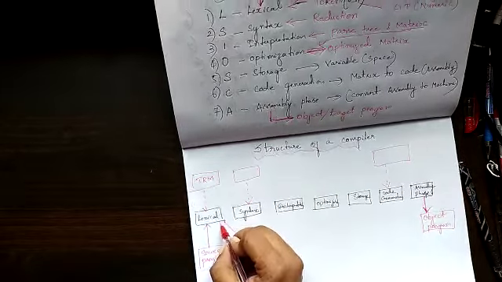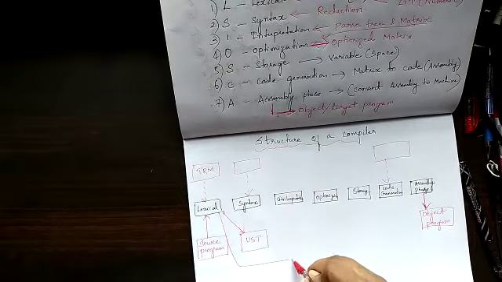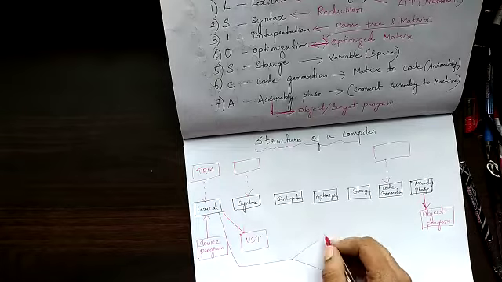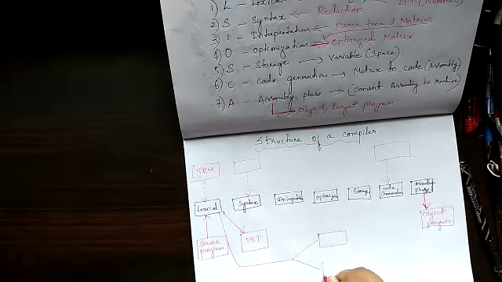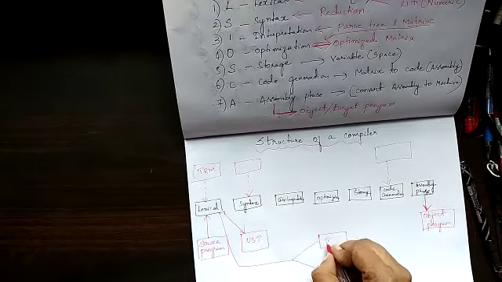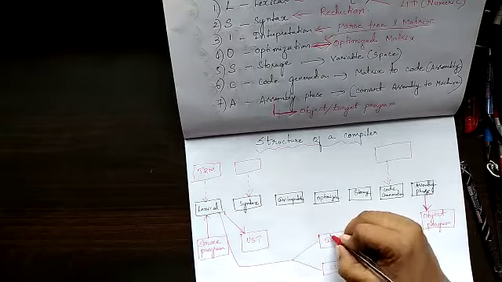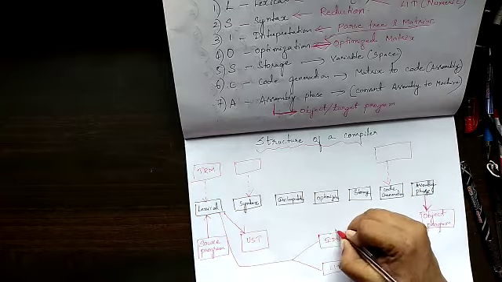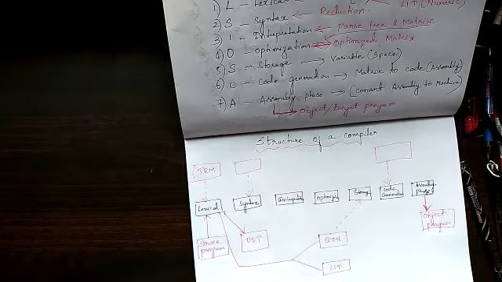So based on the program, the lexical phase has to generate 2 things, that is identifiers and literals, and it has to give the same to storage. All the identifiers, that is your variables, have to be stored in storage. Then